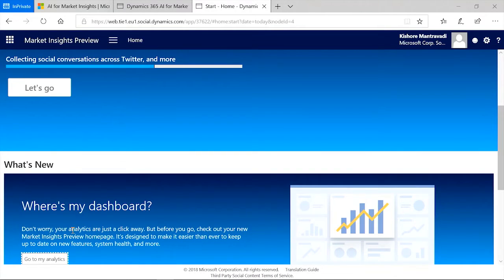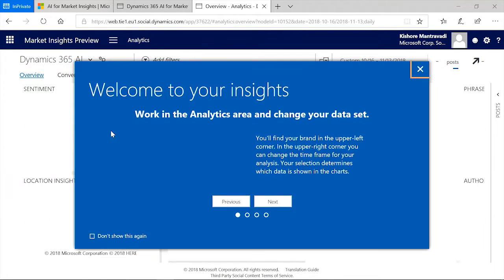While the data is being loaded, you can notice that we are on the home page where you can get information about the product as well as information on getting help and how to contact us. Once the data is loaded, just hit Let's Go to get into the application